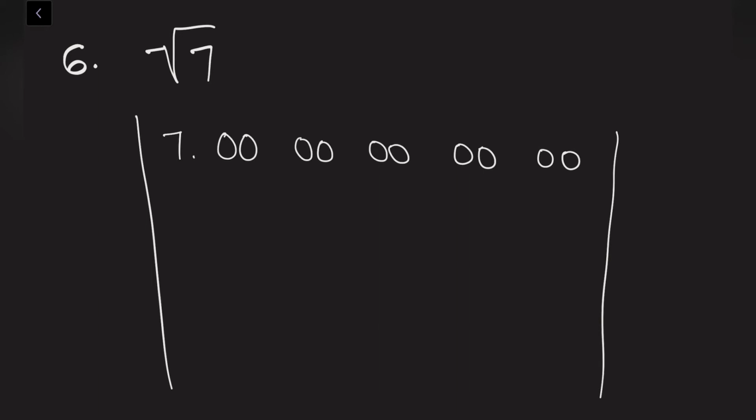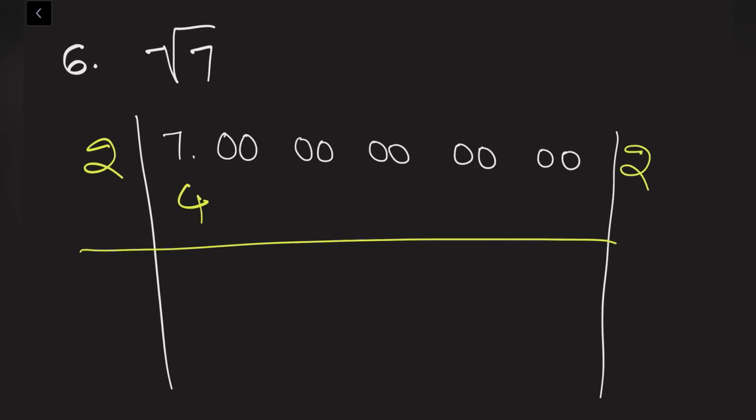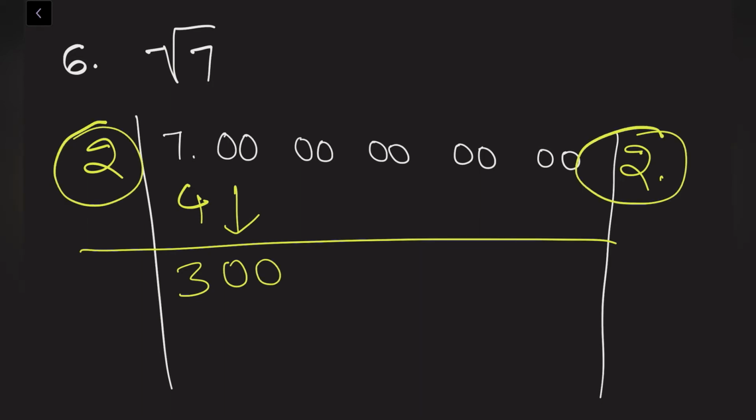He is asking actually 6, but 6 is not that necessary, because in the exams they won't ask till 6, so just try to learn it enough. Now 7, is it a perfect square? Obviously 7 is not a perfect square. Then before 7, what is the perfect square? That is 4. 2 2s are 4. Take that number. Do subtraction. 7 minus 4, 3. Here the dot is there, so keep the dot here. Drop 2 zeros at a time. Now this number and this number you need to add. 2 plus 2, 4.